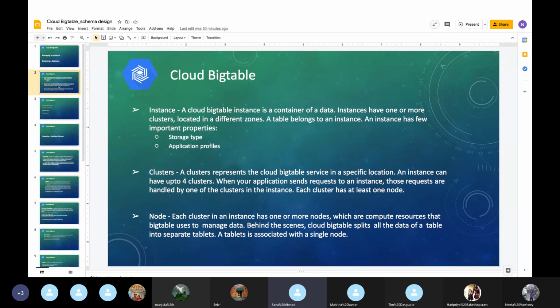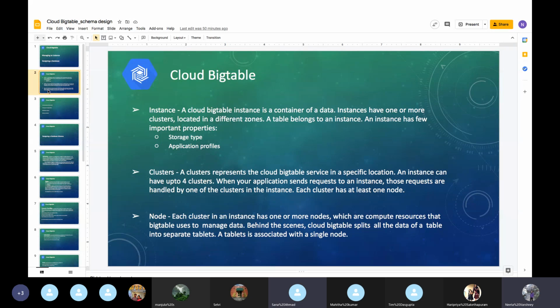So node is for the users to use the instances, is that what you're saying? No, node is like everything works in the backend. Node is when a user through an application is requesting for something. Let's say I want to get the name of a student from a database. So I send a request based on some filters, and that node will ultimately work on those requests.